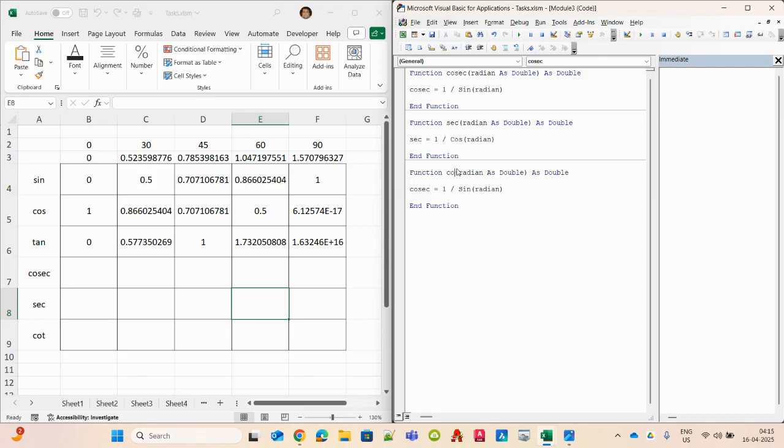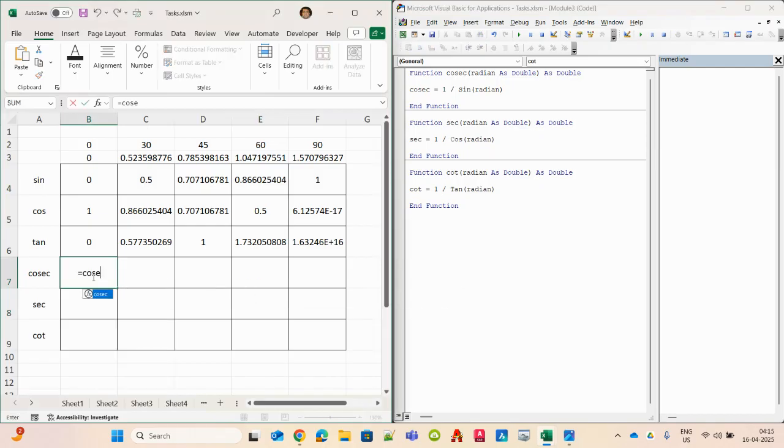And we have to define the cot function. So the cot function is something like that. This will be the reciprocal of tan. Now we got these 3 custom functions. Now if we type say cosec, we find this cosec function because it is defined in VBA. Now cosec of this radian, okay,